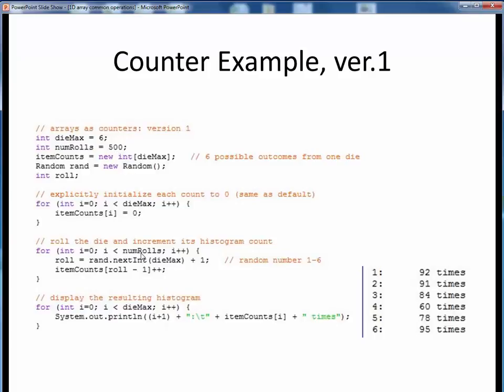For each loop iteration, this random number generator gives us back a number from 0 to 5, which we then offset by 1 to get our random dice roll 1 to 6. We then increment the appropriate count by 1, taking care to offset the array index by 1. Remember that this entire array element represents one int value, so that we are just incrementing one int value by